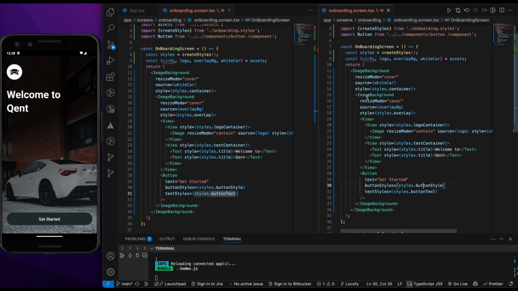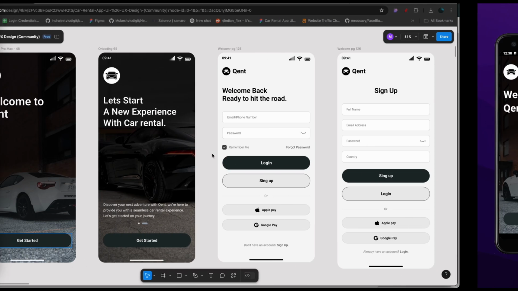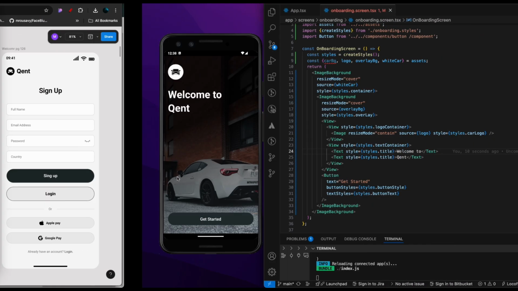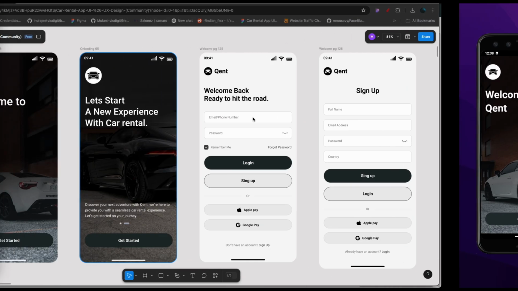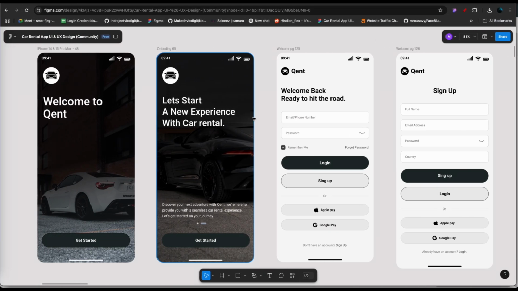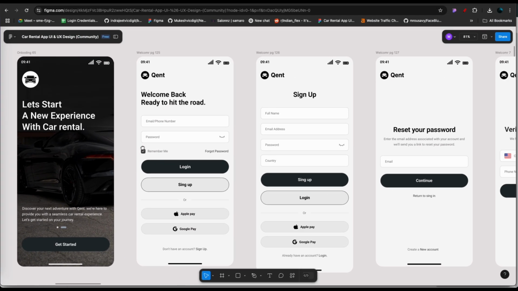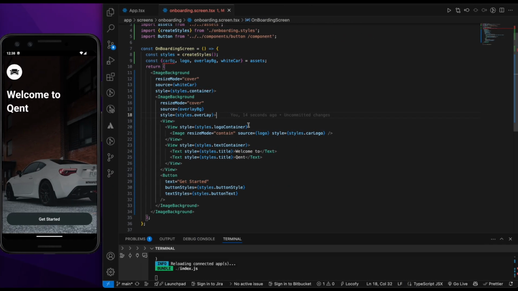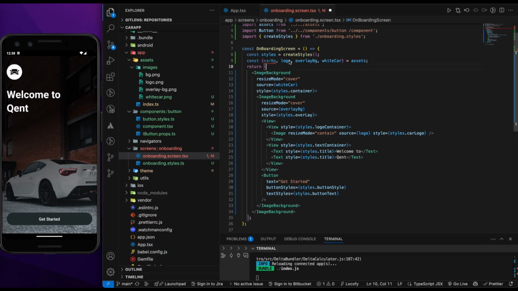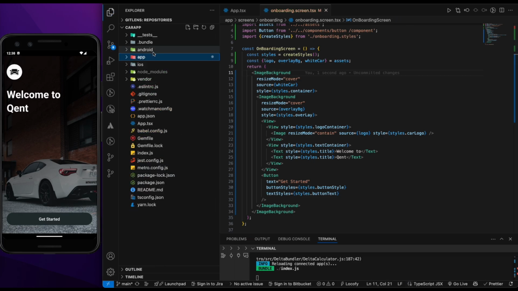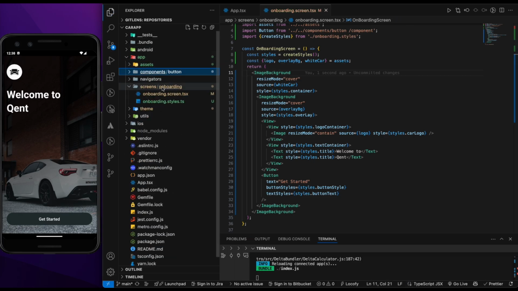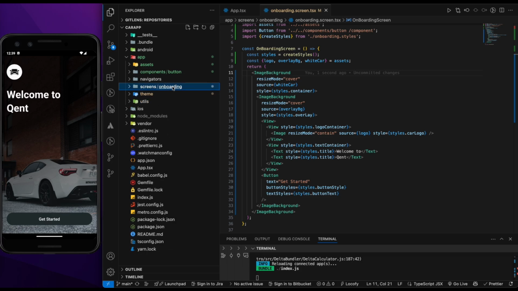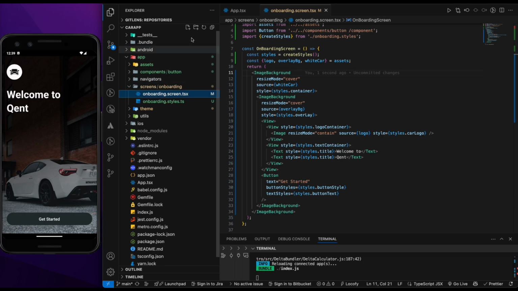Yeah, looks good. So this is the one screen, guys. If you can see, the UI is also looking good, it's matching. Yeah, amazing. Now if we have to add the second screen, we do not have to use much brain. It's so simple, guys. What you have to do is just copy this onboarding folder over here, and let's create